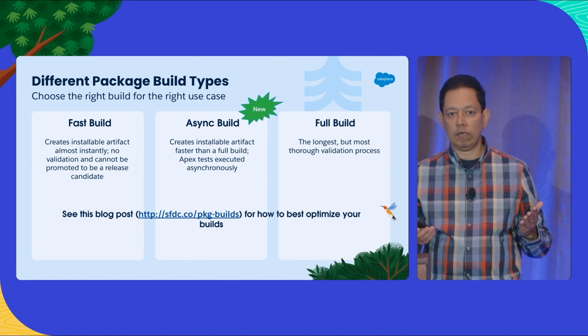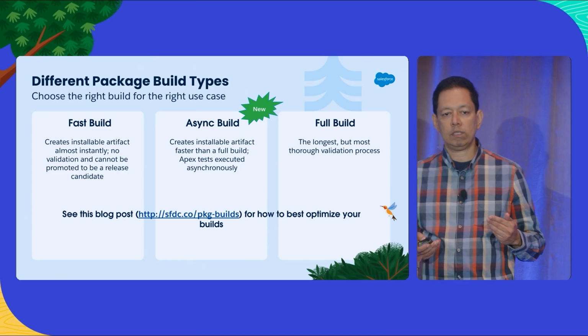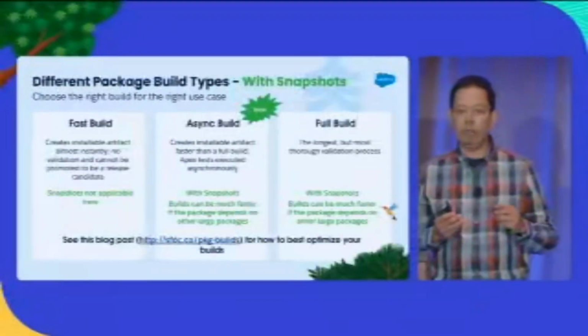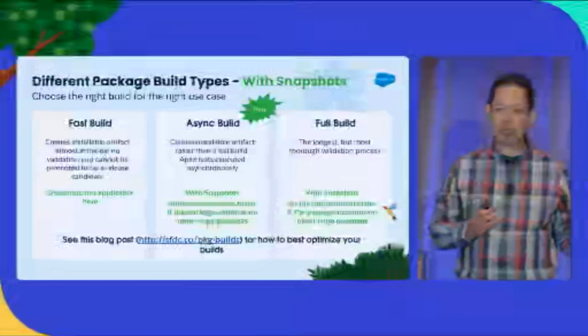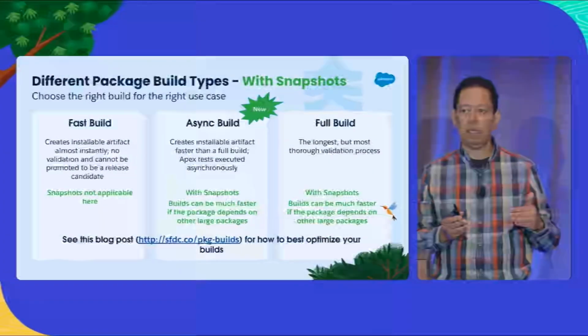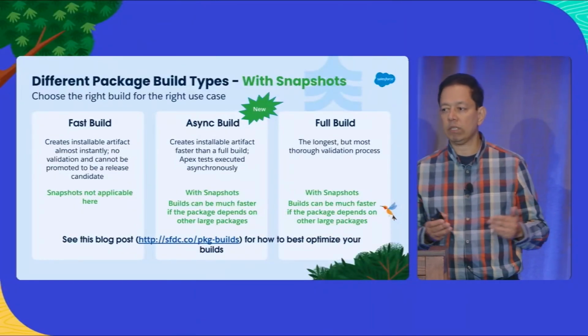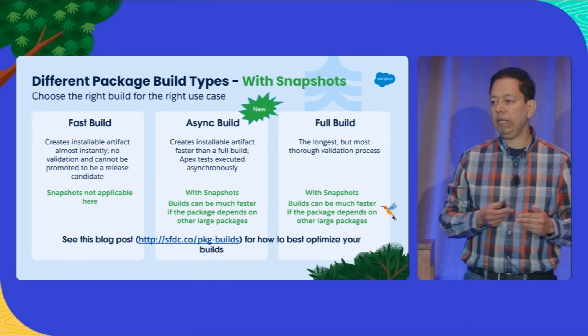But we're not done yet, right? I mean, we're continuing to innovate. We're continuing to improve your CI flow. And with snapshots, what you can do is you can layer this. So while for fast builds, it doesn't make a difference, for async and full build, you can actually use the snapshot that Rohit spoke about in the Scratch Org, so that if you have packages that depend on other packages, snapshots can really help in further speeding up your package